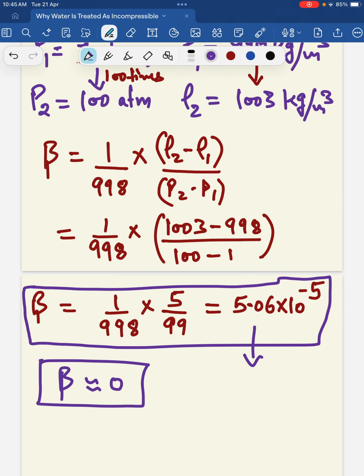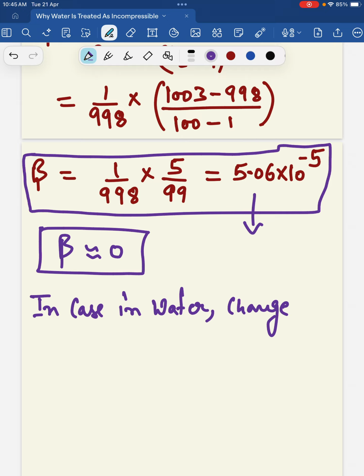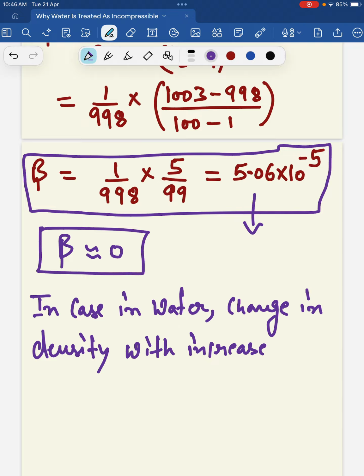So in case of water, we can write here that the change in density with increase in pressure is negligible,